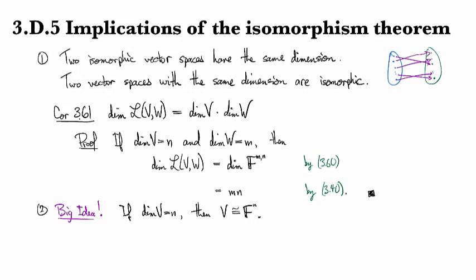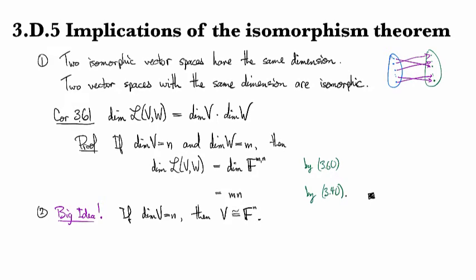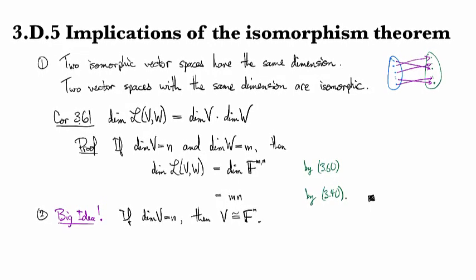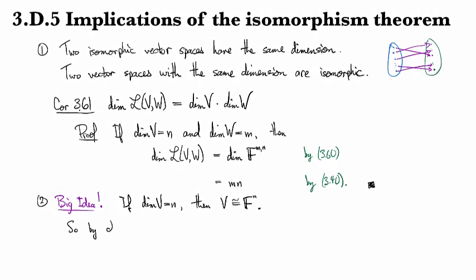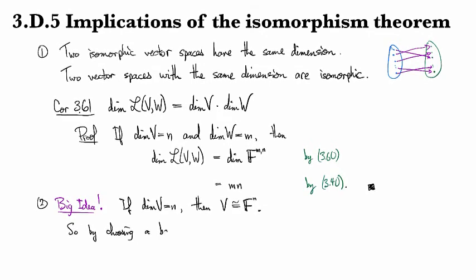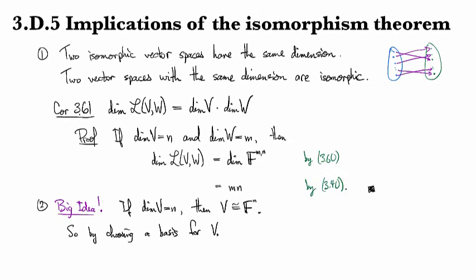So if V is an n-dimensional real vector space, it's basically R^n, and if it's an n-dimensional complex vector space, it's basically C^n. And this means by choosing a basis for V,